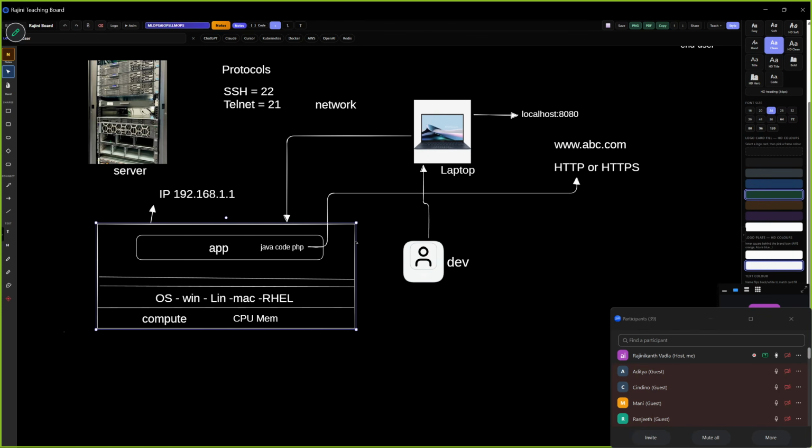So when you are exposing this from the server, you will be exposing it through the IP address only, sir. Without an IP address, nothing will work. In the internet, nothing will work without an IP address. So which IP address? Public IP address only, we will be exposing this application to the end users.